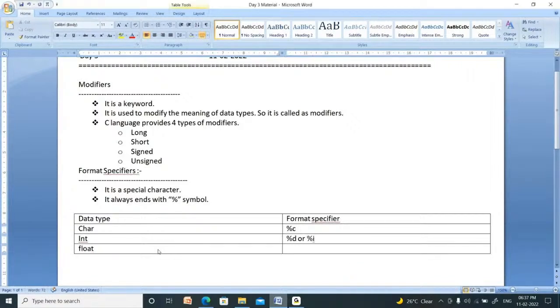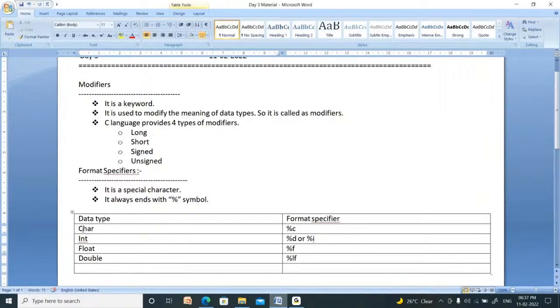We have the float data type. %f is the format specifier. F means float. Next, one more data type is double. Double means %lf. Actually, for character we use %c, for integer we use %i, for float we use %f.